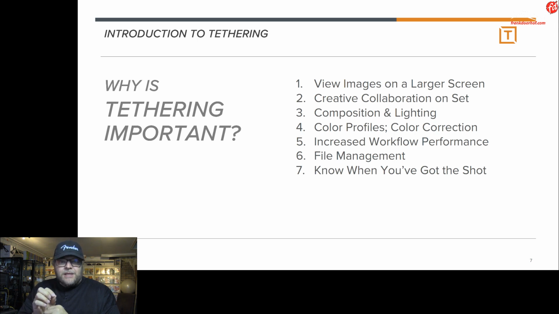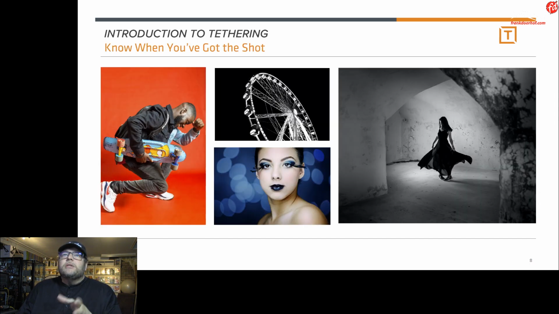If the client tells you, that's the shot, that's the one I want, then you know you succeeded, and that's actually the one that you will select for your customer. So that's when you know you've got the shot, but actually you know when the client gets the shot, right? Okay, so